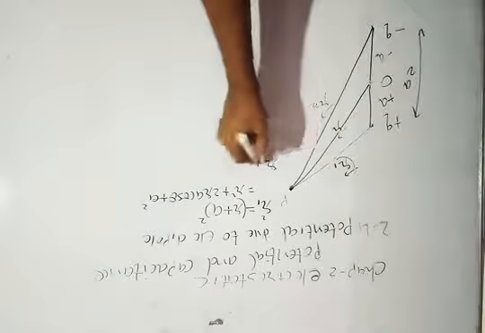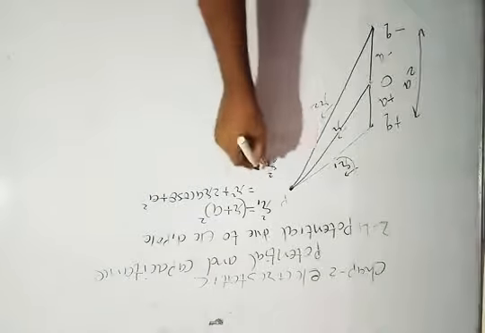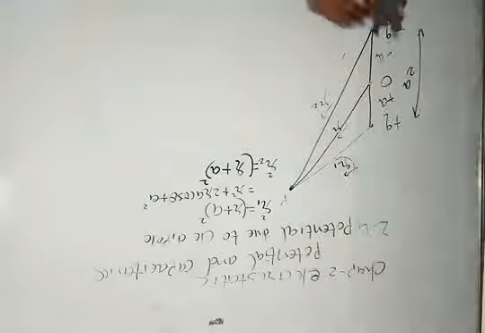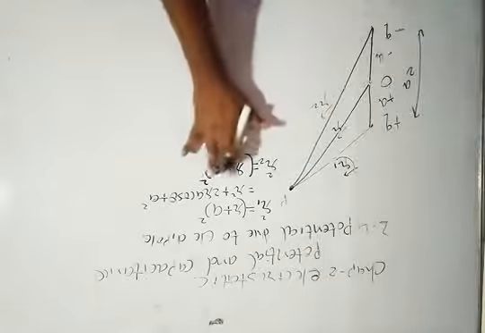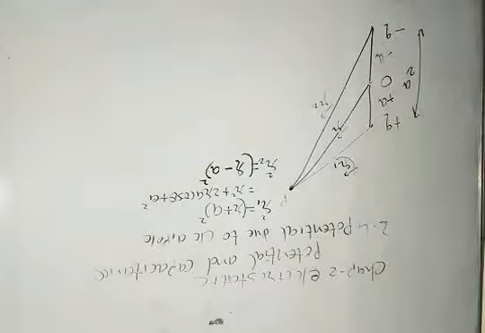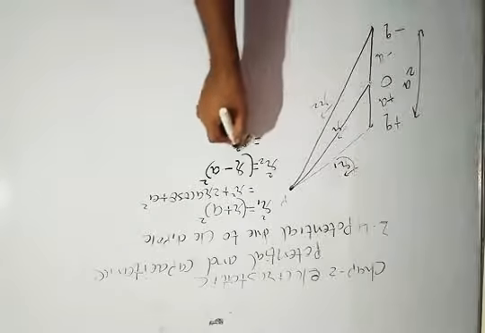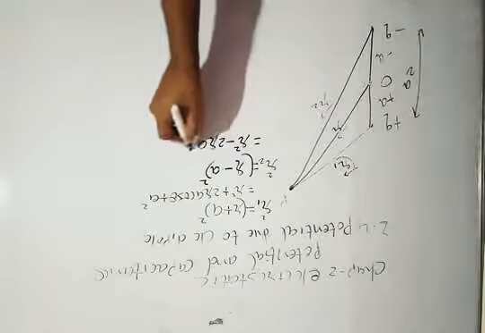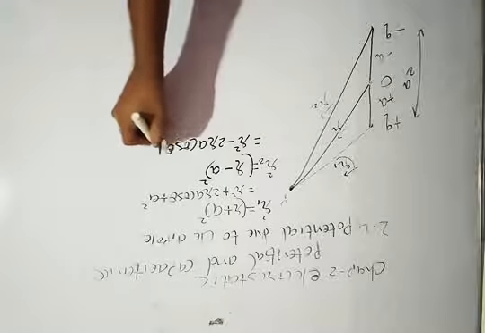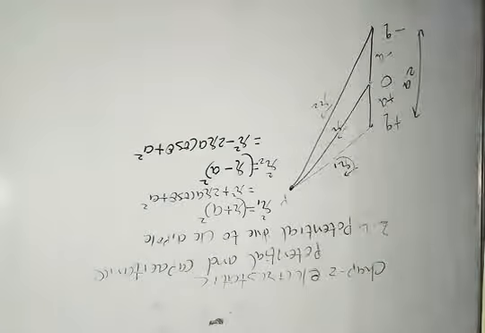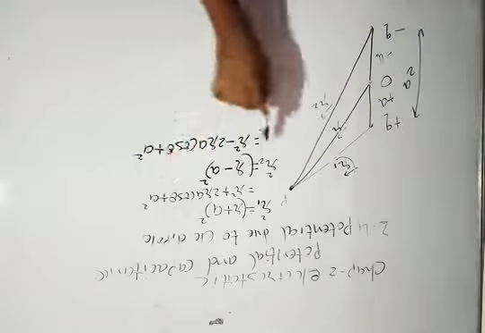Similarly, what about r2 square? Again r2 square is similarly r plus a, whole square, but here we take it as negative, so I have to write a negative sign here. So it is equal to r square minus 2ra cos theta plus a square. Clear? So r1 square here, r2 square here.